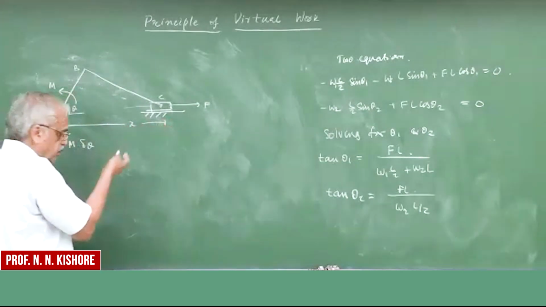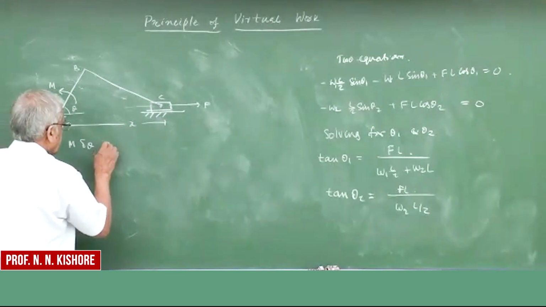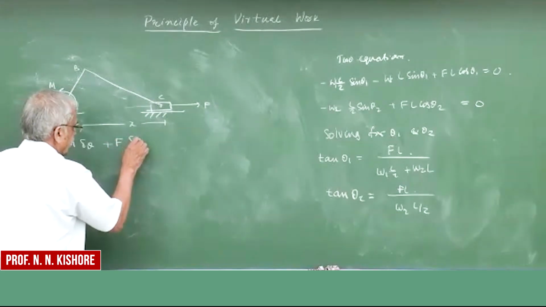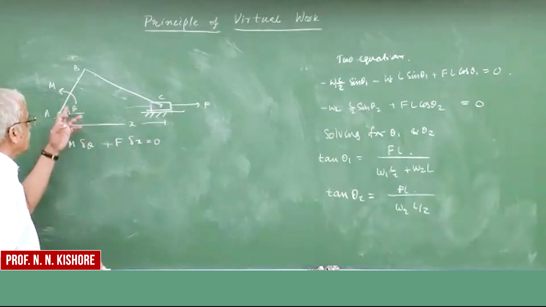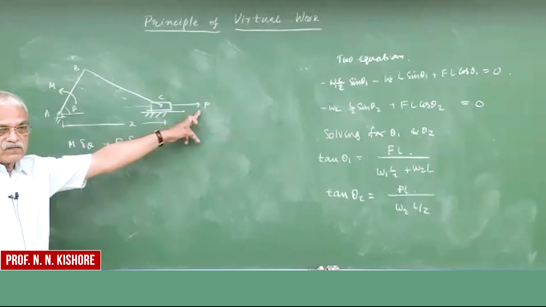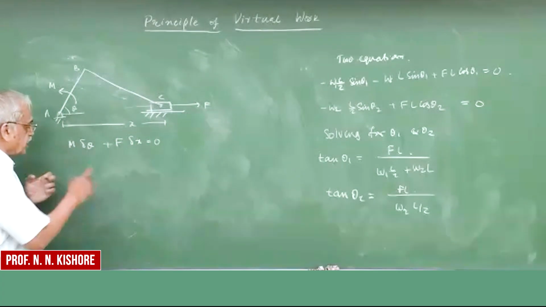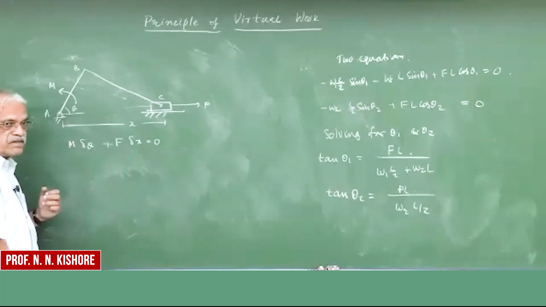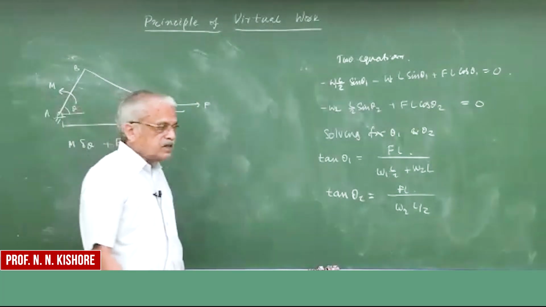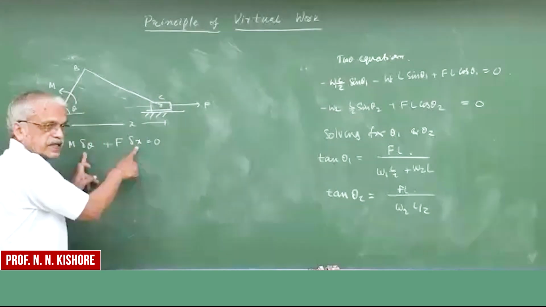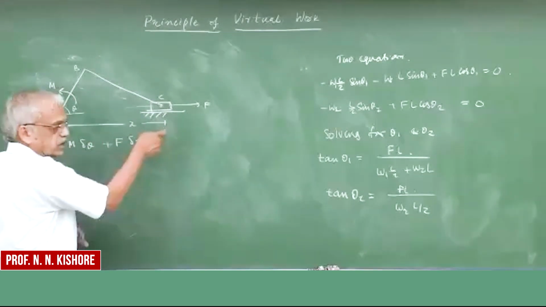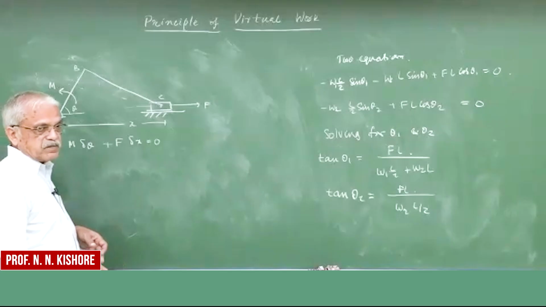So this was a problem which we did last time, okay? And f into delta x. So here, if you just take the moment, if you take the wave force, and then the total work contributed, the virtual work expression will have m l delta theta, f delta x. And here we have introduced delta theta and delta x, but however, one of them can be expressed in terms